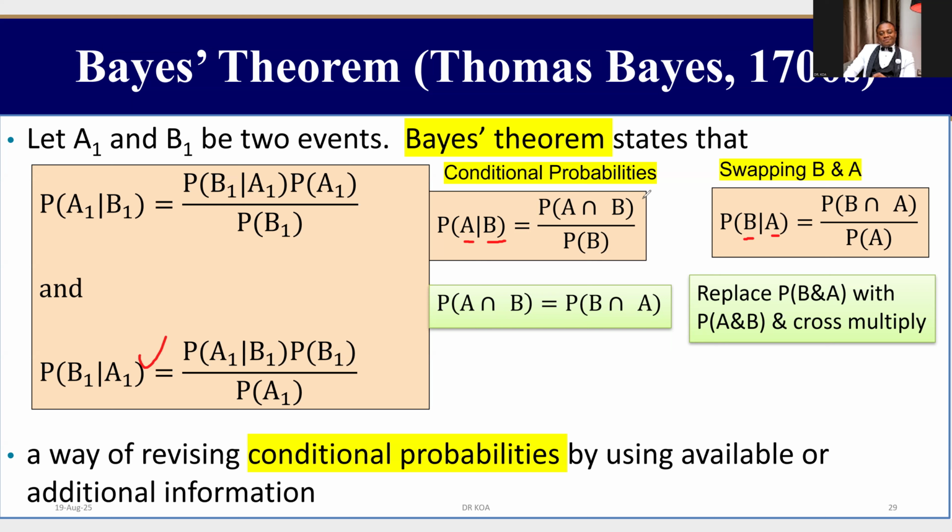But the key point is the numerator part. I want you to know, from here, we know that this A intersection B is the same as this B intersection A. We know that. So wherever we see this A intersection B at the top here, we will put in the B intersection A. So take note of that. Therefore,